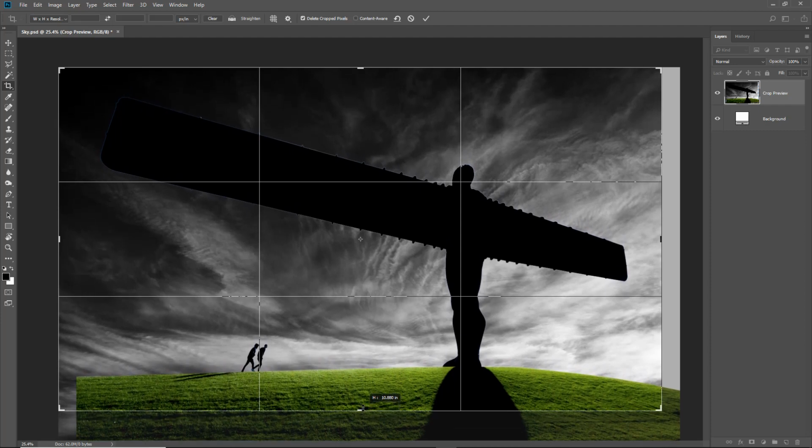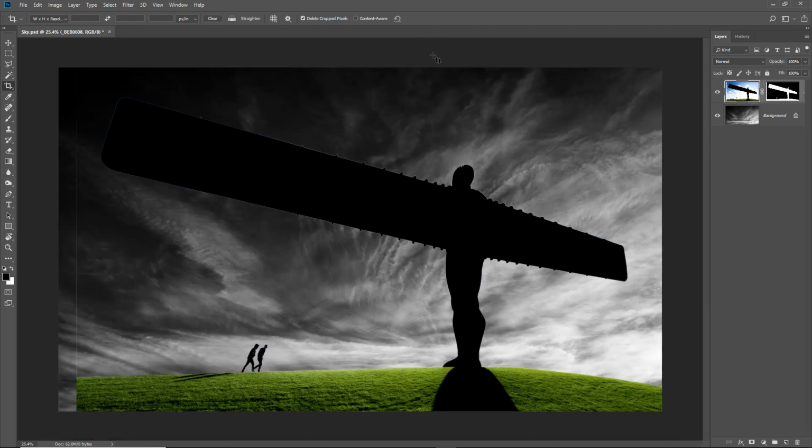And if I bring it up, I get a much more oblong shot, which I think is probably more attractive given the shape of the statue, of course, but also it puts the vertical and horizontal lines of my grid there, strong part of the image, right on the head of the statue. So I'm going to hit the tick to commit that crop, but of course it gives me a couple of